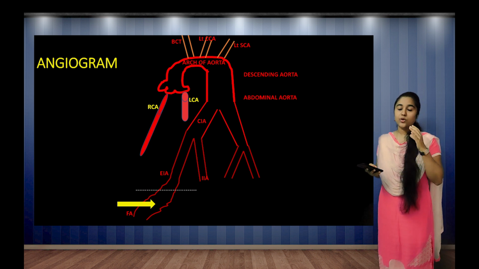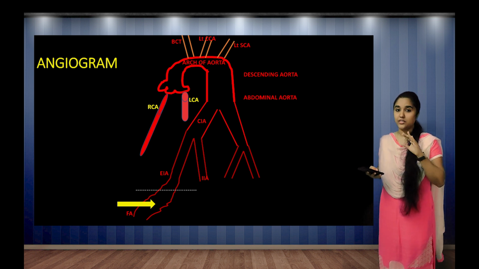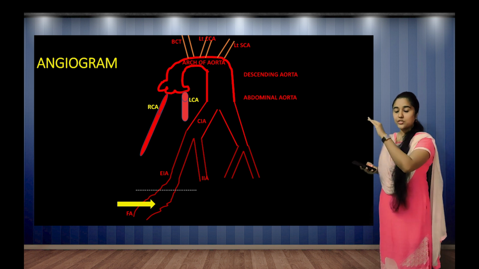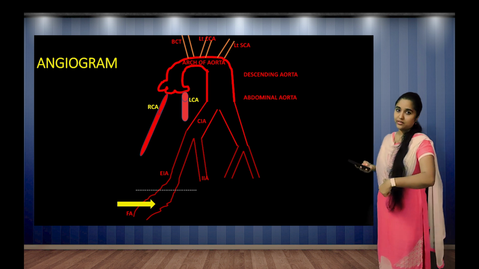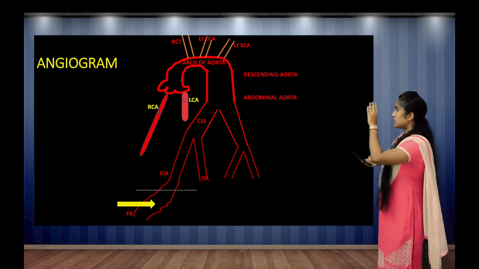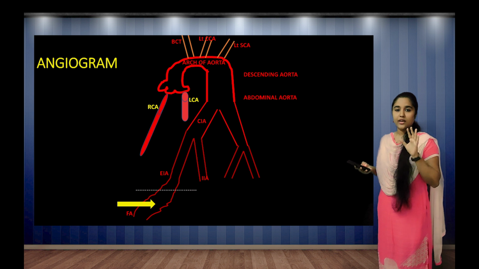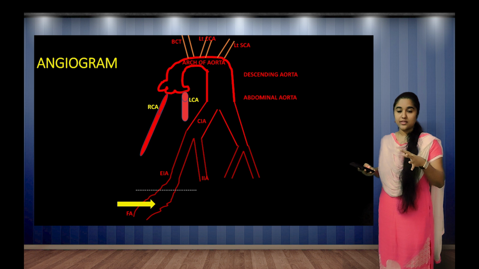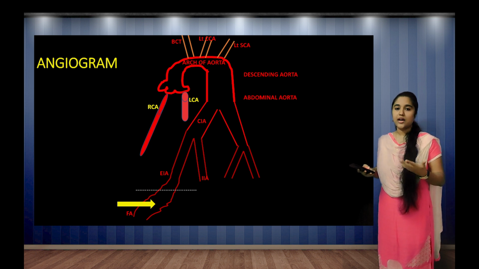aortic sinuses. So after the guide wire has reached the aortic sinuses, you have to insert another flexible plastic tube through this route into the aortic sinuses. So after it has reached there, you have to remove the guide wire. Okay, so initially you have to insert the guide wire, then the flexible plastic tube. So after the plastic tube has reached there, you have to remove the guide wire. Now you can inject the contrast dye to visualize the arterial system. So this procedure is referred to as the angiogram. That is, you inject the contrast dye and then take X-rays. Then you can visualize the arterial system.